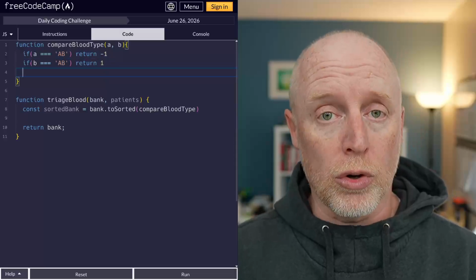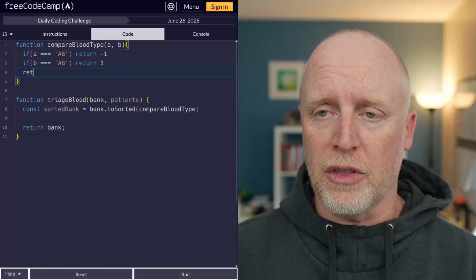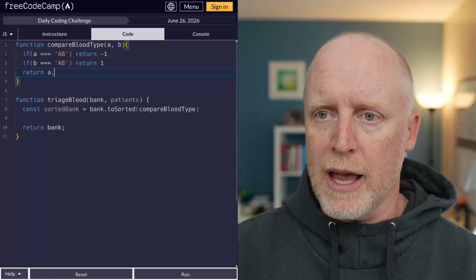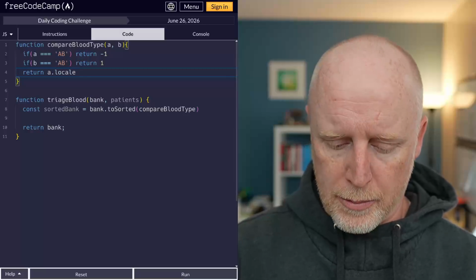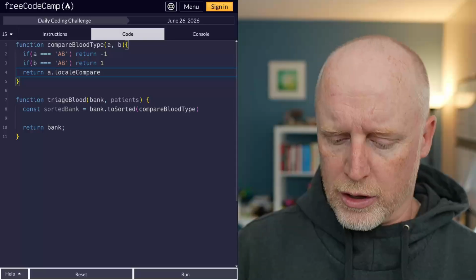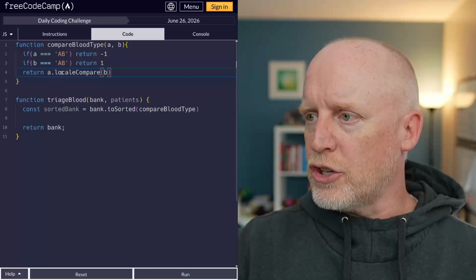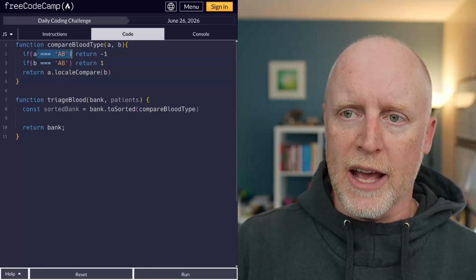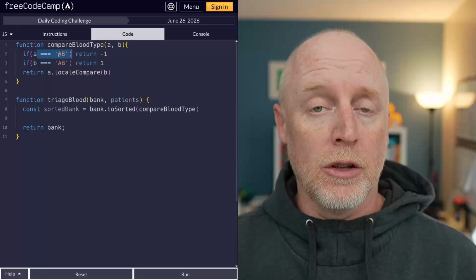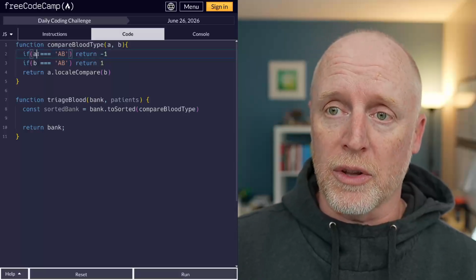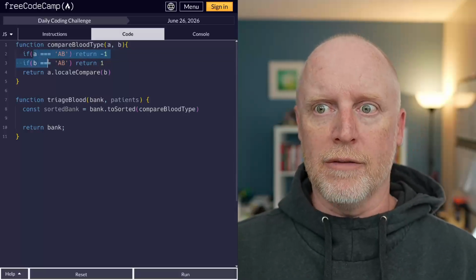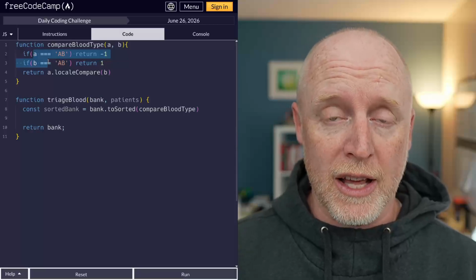Otherwise, we just do a locale compare. So if it passes through these, then we return A dot locale compare of B, okay? And that should do it, right? So again, we want to push AB to the start of our line. And if we don't do something like this, or a variant of this, there are plenty of ways to get this done,